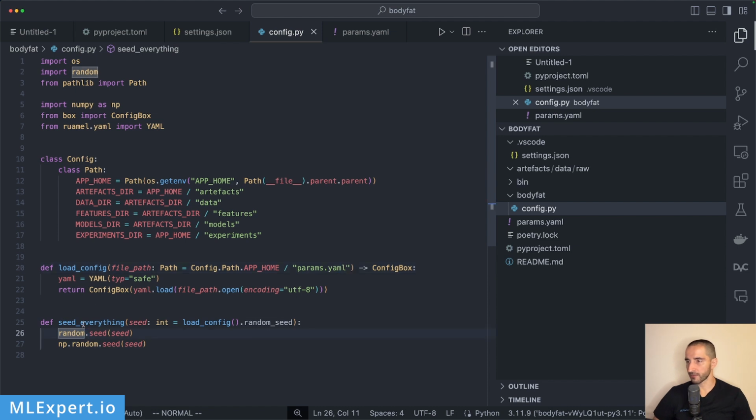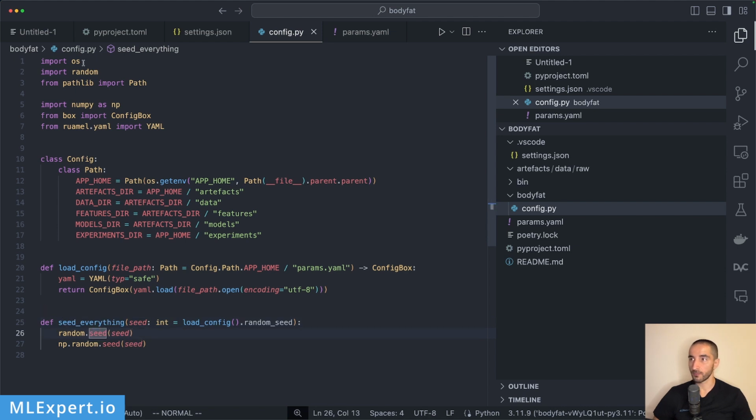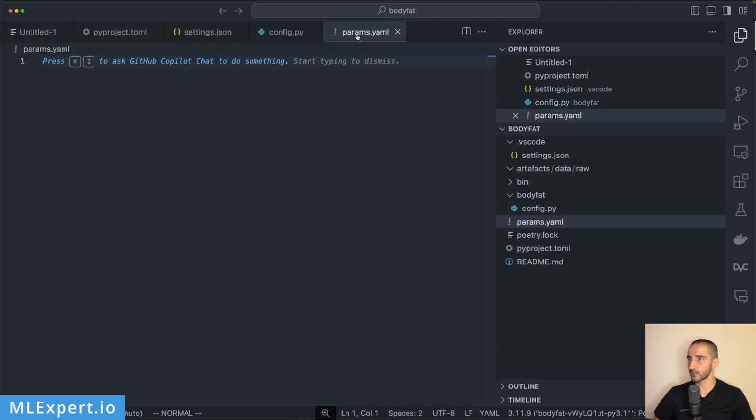And then we have this helper function called seed_everything, which is essentially going to take a seed from the params.yaml file and then seed the random number generator for the Python library random, and then for the NumPy random generator as well. So this is the config file, and for the params themselves, we're going to be getting